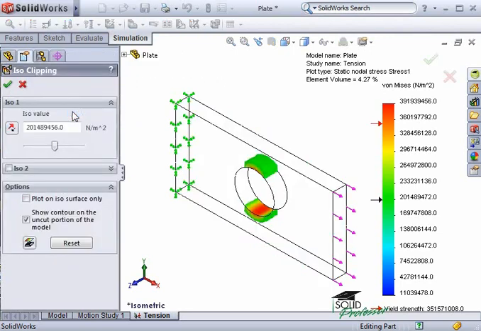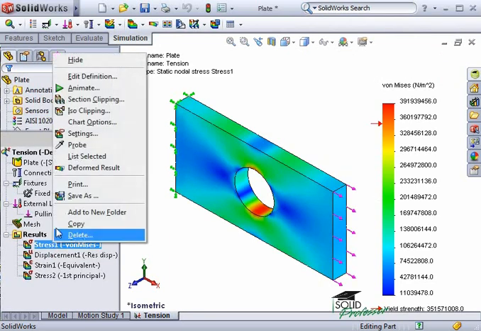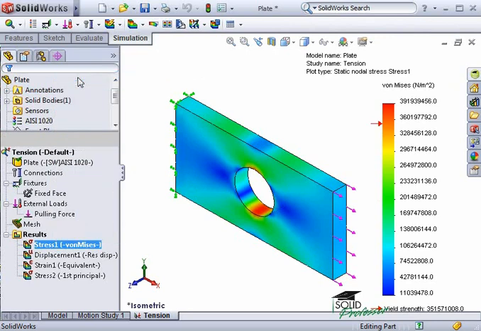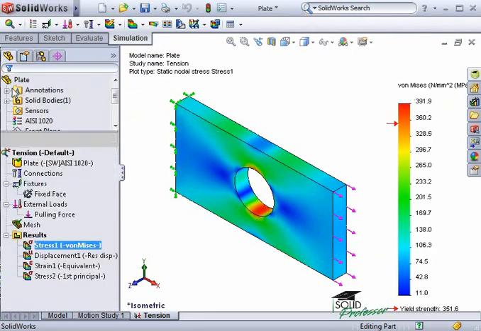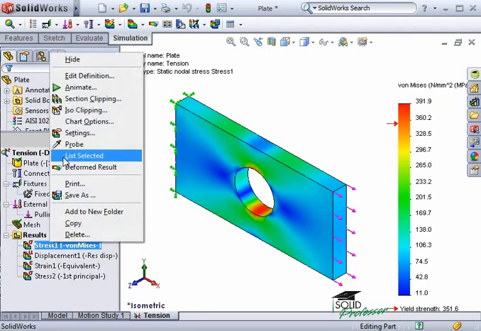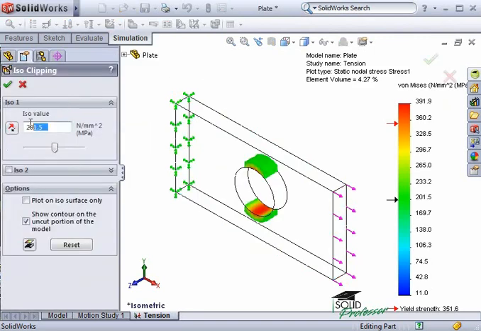Now what I'd like to do is display only the values above 300 megapascals. Notice I cannot change the units here. These units are the same as those used for the stress plot itself. If I briefly cancel out of the ISO clipping property manager, I can edit the definition of the Stress 1 plot and change to megapascals. Now I can once again access the ISO clipping property manager and type in 300, with the units already set